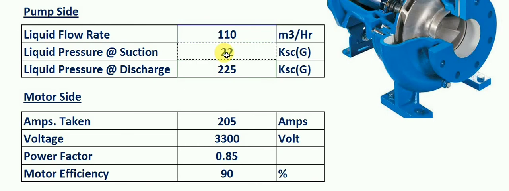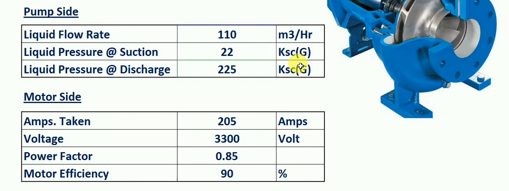Basically the centrifugal pump is giving the flow and developing the pressure. So we want to take these two parameters for this calculation. It is in kilogram per centimeter square gauge pressure. So we want to convert into Newton per meter square, that is for joule, that is for watt conversion. So motor power we have in the kilowatt. Pump hydraulic power is also in the kilowatt. So we can easily divide